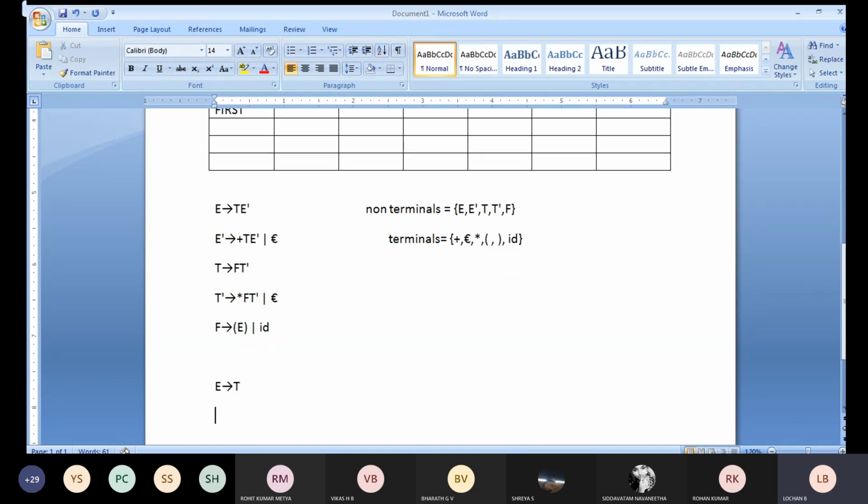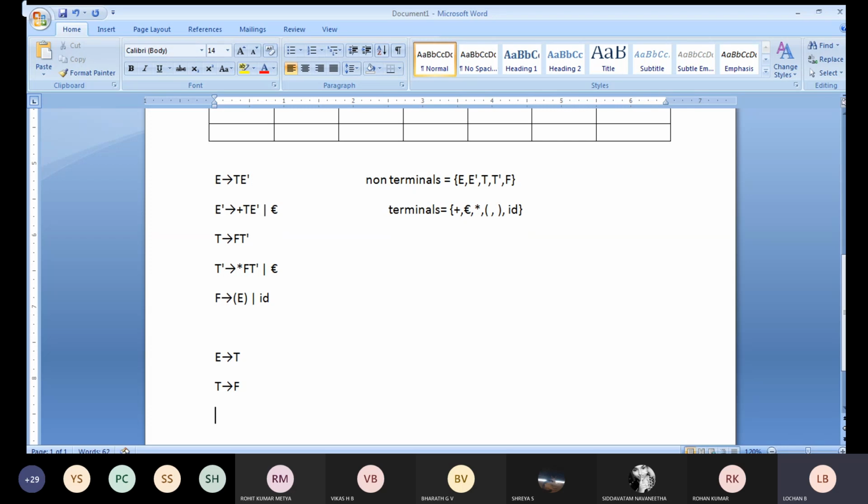So I'm going to continue my production T, where the next production you will get F. In that case you will not get any terminal; you have got the non-terminal F, so I continue my production with F. If you see F, you will be getting open bracket, which is a terminal. So whenever you start the step with respect to E, E implies T. What is this T?